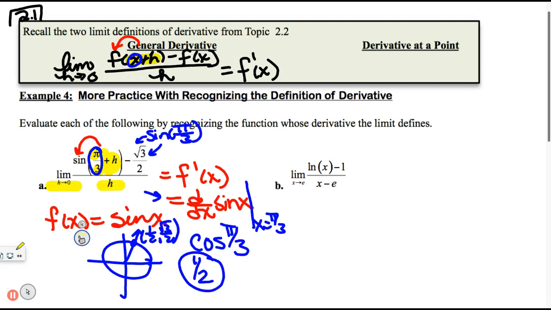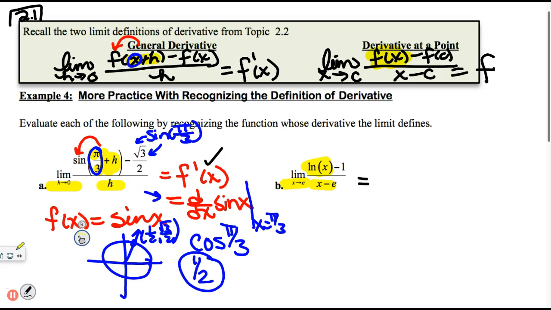Now for this next one, I'm doing the limit as x approaches e. And that's this guy. When we're doing it at a specific spot, not actually getting a function, we're saying this is the limit as x approaches, in our notes we said c, of f of x minus f of c over x minus c. Again, I like to hone in on finding that f of x first. My f of x in this scenario is the natural log, but this is the notation for the derivative at that c value. So this is the derivative of the natural log of x at, and my c value here is